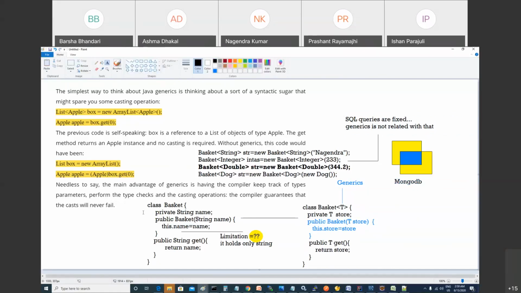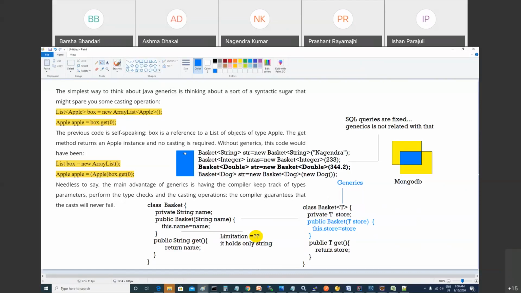I'm talking about the class. You see this? This class can hold anything, right? T means you can replace it. If you mention String here, T will be replaced by String. If you mention Integer, T will be replaced by Integer everywhere. Double everywhere, right? Magic! I hope you understand generic class. Yes, sir. I got it now.